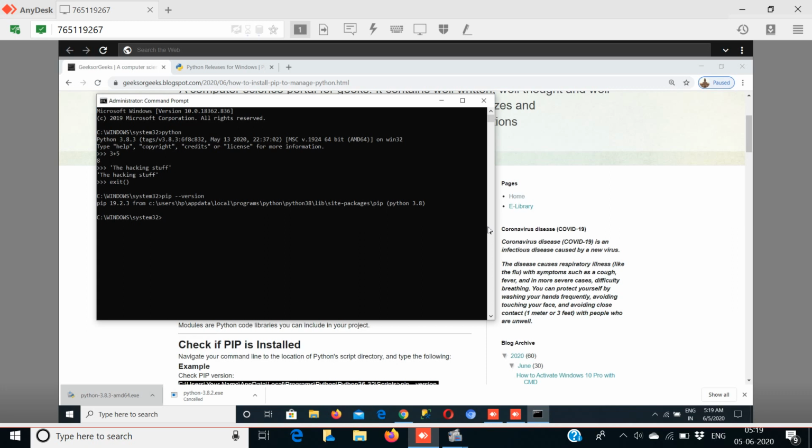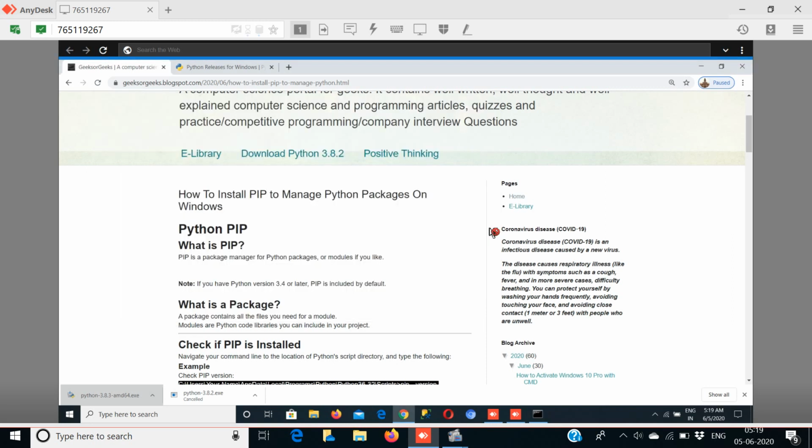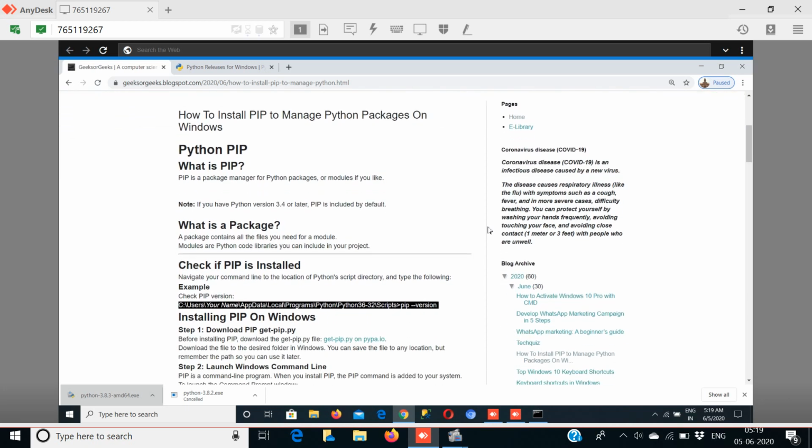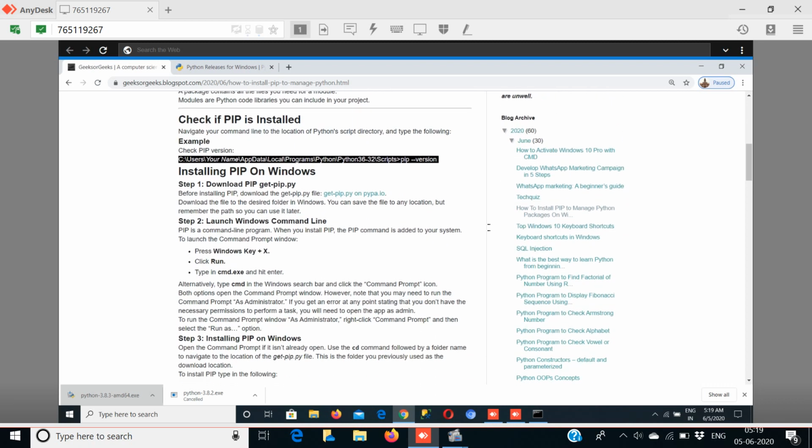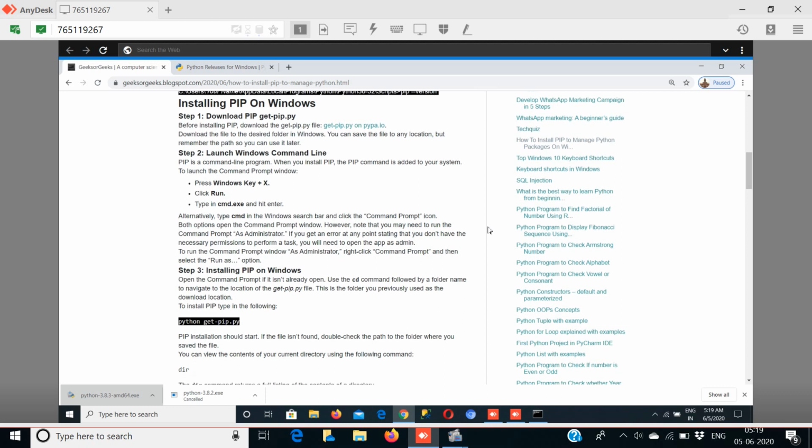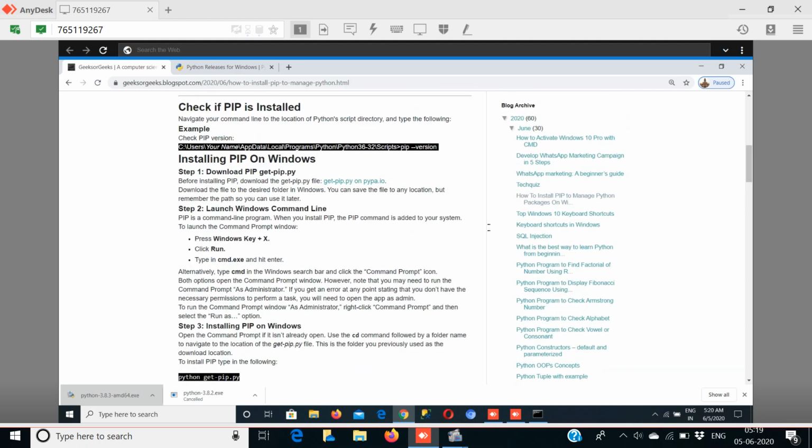Now let's move to our third part, how to install packages. You may be wondering what is a package. A package contains all the files you need for a module. Modules are Python code libraries you can include in your project. If you are using an older version of Python, then you may download and install pip like this.